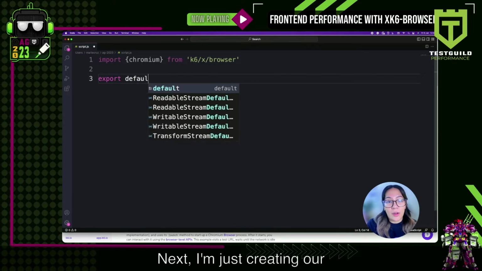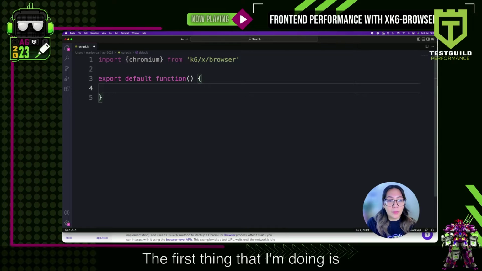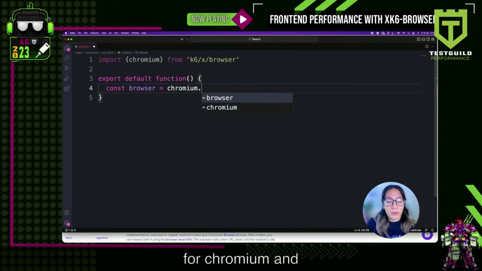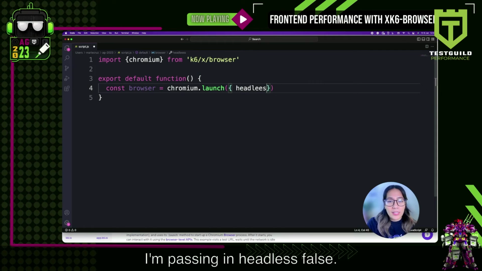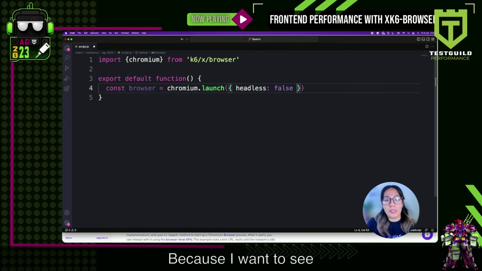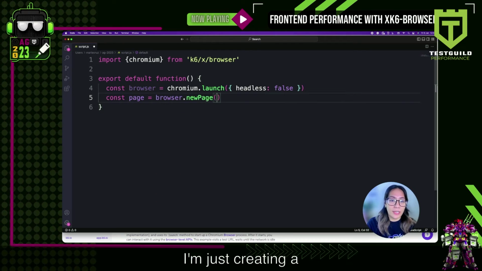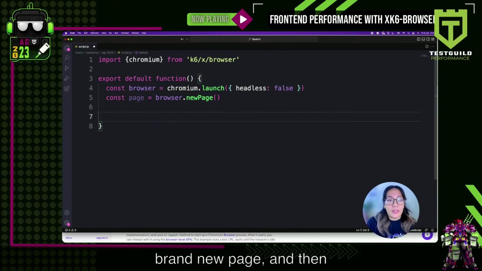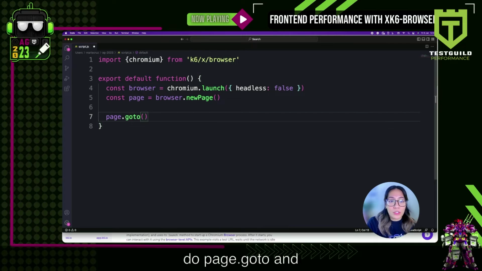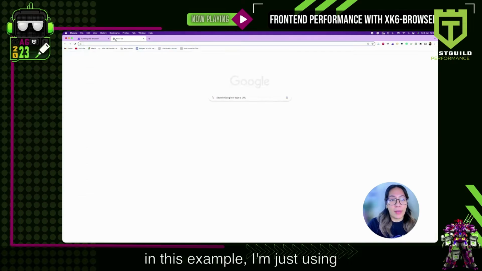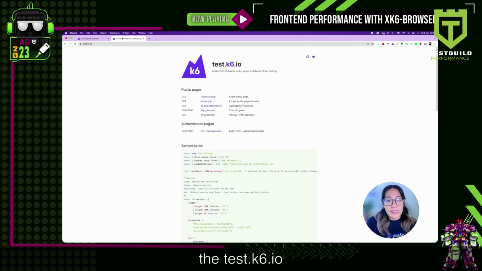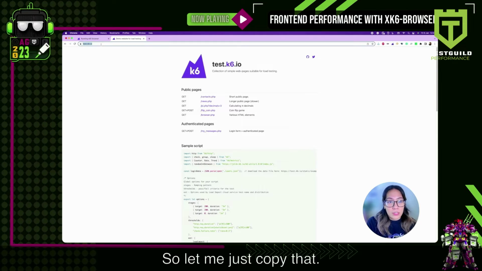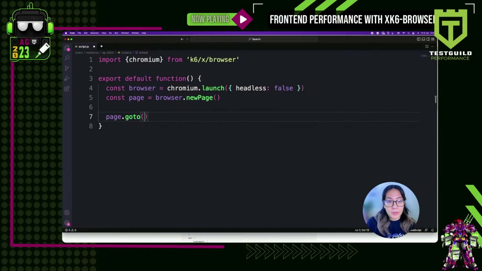Next, I'm just creating our default function. The first thing that I'm doing is launching a browser for Chromium, and I'm passing in headless false. Because I want to see the Chrome browser visually, I've passed in that option. Next, I'm creating a brand new page. And then once there is a page, you can do page.goto. In this example, I'm just using the test.k6.io website. So let me just copy that,